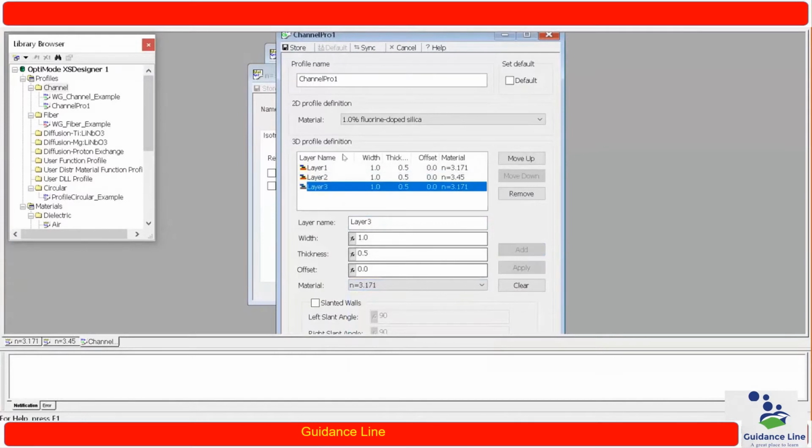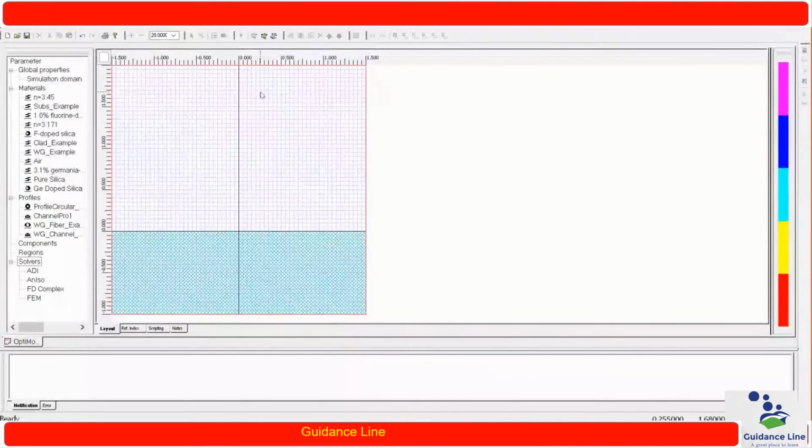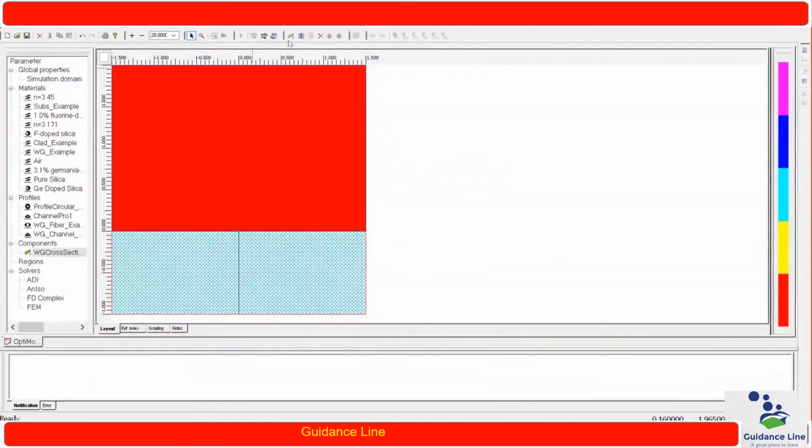So this way we have defined a layered structure with a specific material and specific thicknesses. Okay, and now I am storing this over here. Again I am moving back to my mode designer. I want to add a waveguide segment, so I directly click on the screen, and over here we have add waveguide segment. So I just click on that, and now I have to set the parameters.